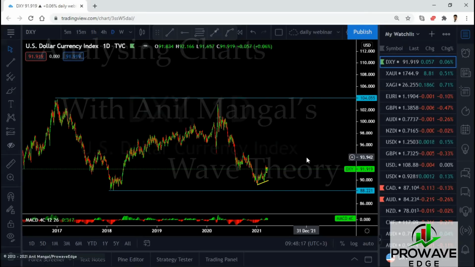So I may do a comparison of methods, using support and resistance and all the methods that people use, in comparison to wave analysis. I would explain why I choose wave analysis as the method that I'm using. Not that I don't know these other methods, but why wave analysis seems to be the one that gives me the edge in the market. We're all looking for an edge in the market. I'm not saying that anybody else is wrong in what they're doing. I don't care about people. I care about methods. I discuss ideas and methods. Are these methods really giving you an edge in the market? That's the whole point.